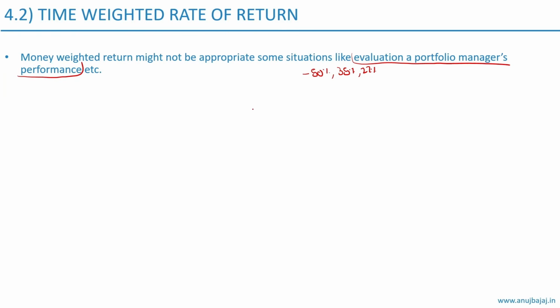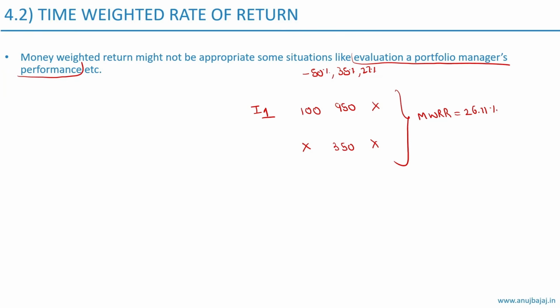Now say we have 2 investors. We have investor 1 who made the following cash inflows and outflows during the 3 years. In year 1 he invested 100 euros at the beginning, then there was no withdrawal during the first year. He invested 950 euros again at the beginning of year 2, and he withdrew 350 euros at the end of year 2, and there was no addition or withdrawal during the 3rd year. Based on this information, we calculated the money weighted return to be